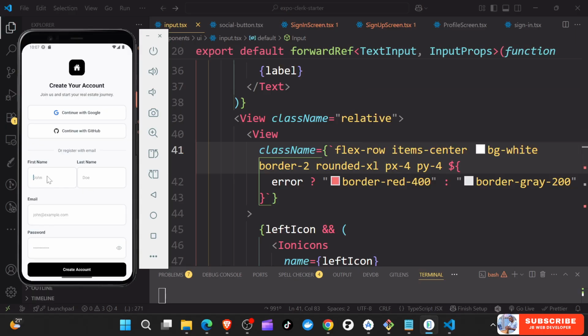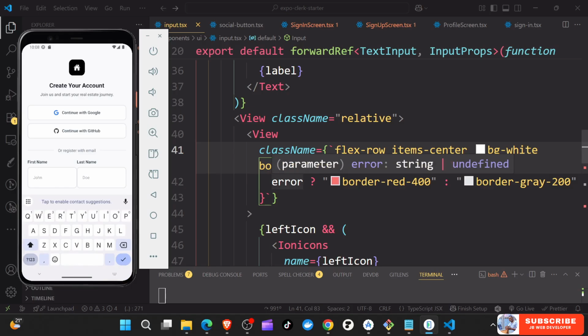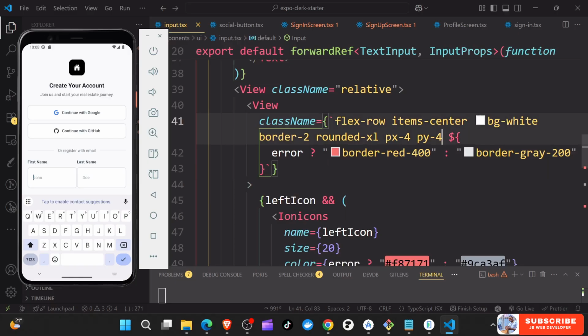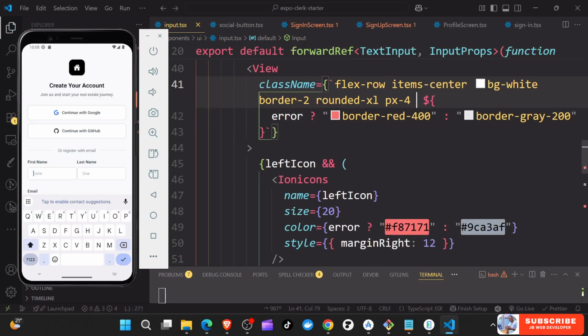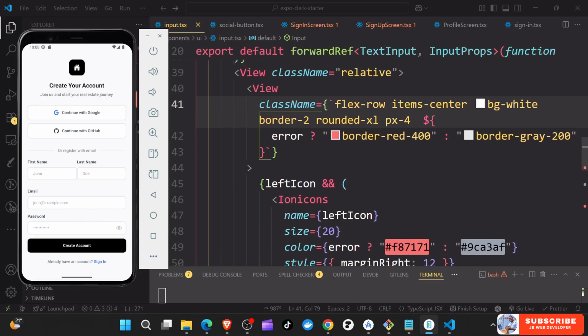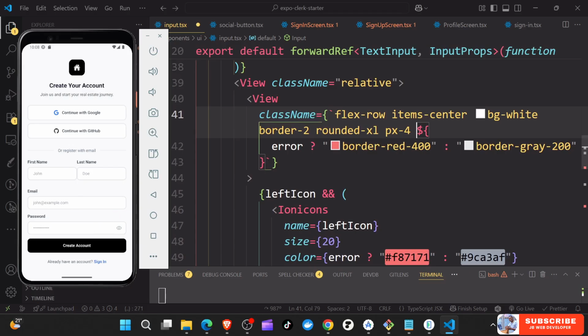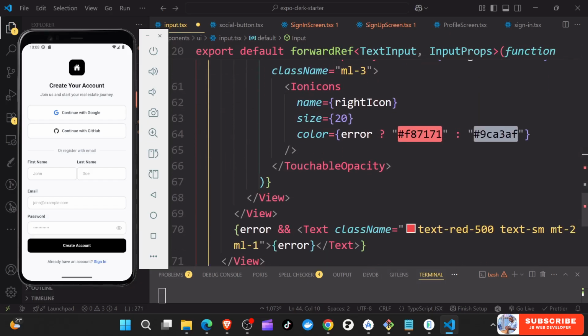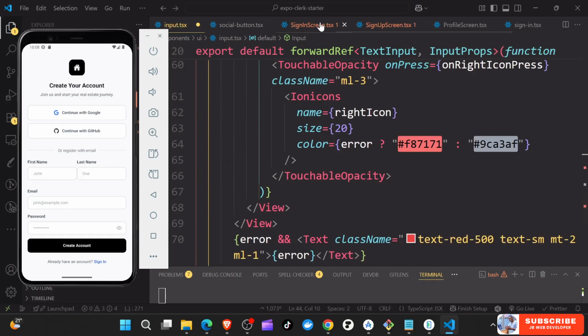For instance, if you click in the input, you can see this is the input here. What I want is this py of 4. I want to first remove this and see what happens. You can see removing just the py of 4 makes it look much better. Let's make sure that even the ones with icons look much better. That's the only thing we need to remove, the py of 4, and the remaining thing looks pretty good actually. So let me go back to the sign up,